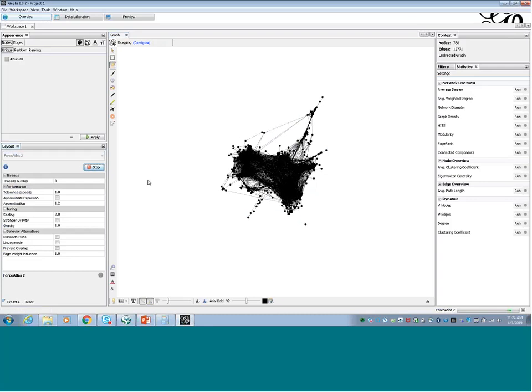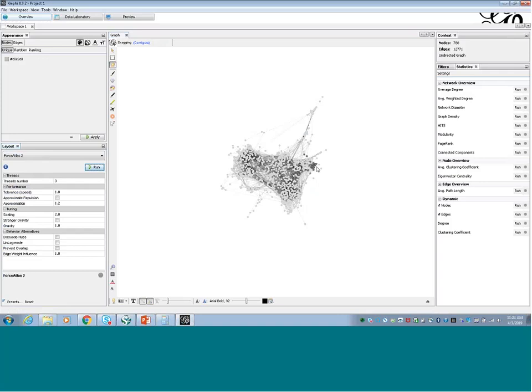So we'll wait for it to finish moving around and then click stop. We can see that there's already some topic structure emerging here. There's a bunch of papers over here, and kind of an island of papers heading out this direction. There's another cluster here, another one down here, and so on and so forth. Again, we can work with this a little bit to tweak the layout if we wanted to, but